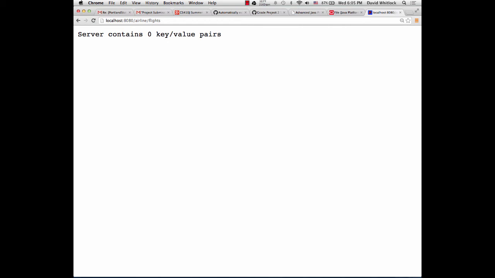Okay. Right. So you hit this URL, which I hope was in the homework, or in the PDF assignment, to display all of the key value pairs. Right, because I think a couple people asked about that on the forum. They were like, "Wait a second! You say that you need to provide this, pretty print all the flights in the airline, but there's something on the command line client to do that." And I'm like, "Exactly."